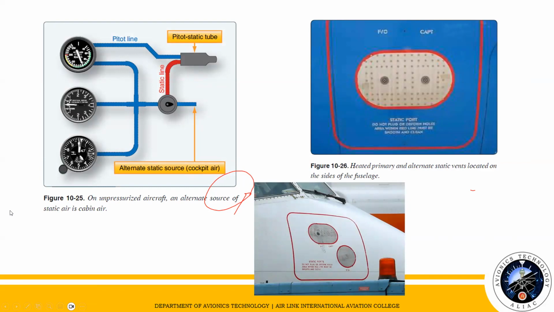So pag mga low-flying, unpressurized aircraft, the alternate static source may be simply galing lang sa may cabin air pressure. Okay? Katulad nung sa mga Cessna. Okay? Kung nakikita nyo yung alternate static source cockpit,